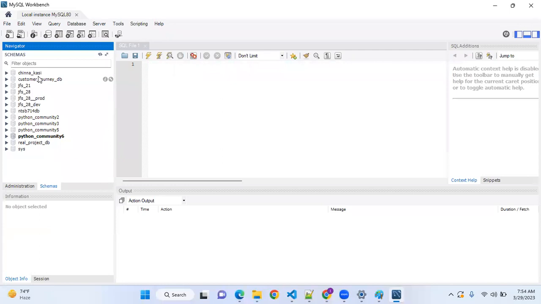And if you see in the left side panel, there are multiple databases for me because I've been working with multiple databases. But since you are doing it for the first time, you can see only 2-3 databases. One is the sys database and one more is the sakila database. There will be 2 or 3 databases that come by default, even if you don't create them. So these databases come by default, but if you're really interested to create a database on your own and you don't want to work on the existing databases.